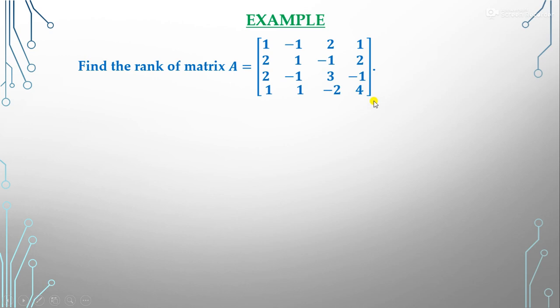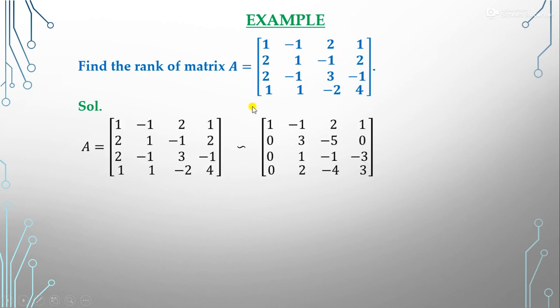Here we have this 4 by 4 matrix. So now how to find the rank of this matrix by the echelon form? First our motive is we have to make these three elements 0: 2, 2, 1. We have to concentrate only on making these zeros, not the other ones. So first we apply this operation. To make the 0 here, we take R2 minus 2R1. When we do R2 minus 2R1, it becomes 0, and all other elements become 3, minus 5, 0.